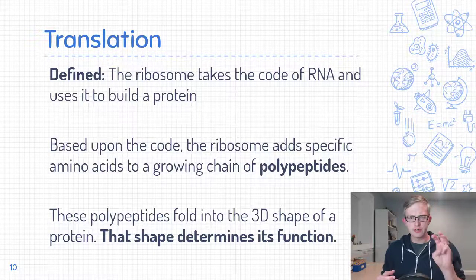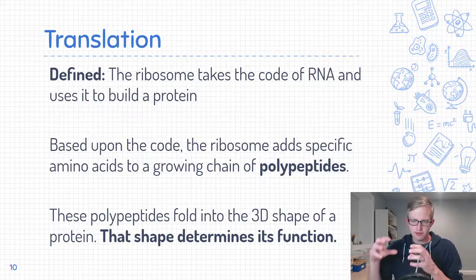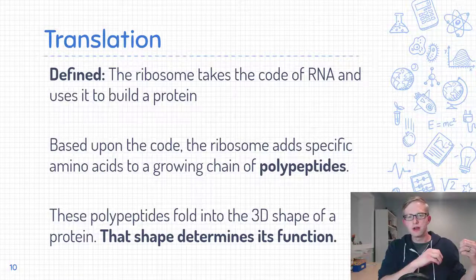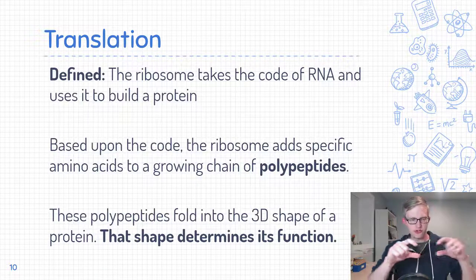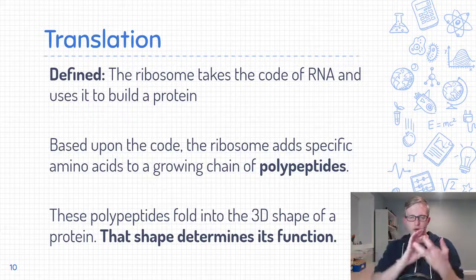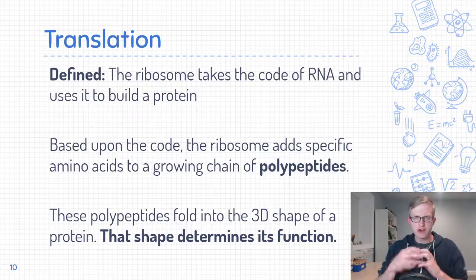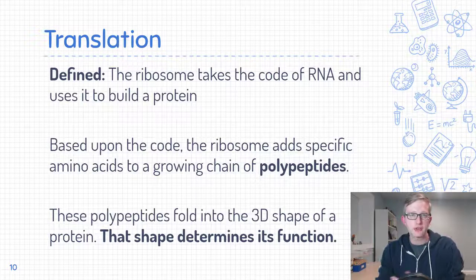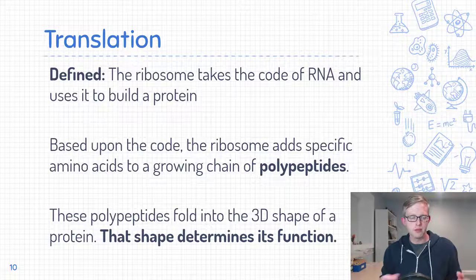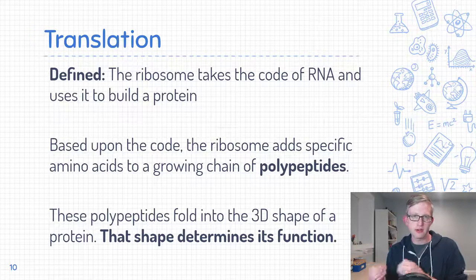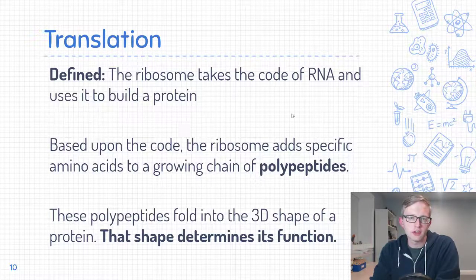And so it's always reading by 3s, and for every 3 it turns that into an amino acid, and it keeps adding these chains of amino acids, one after the other. And eventually then, as that strand gets longer, it starts to fold in on itself because of different chemical reasons and chemistry and attractions and things, and that actually becomes the protein. So we went from DNA to RNA, that's transcription, and then taking that code of RNA and turning it into actual amino acids, that's translation.